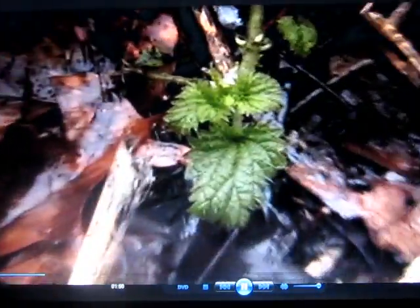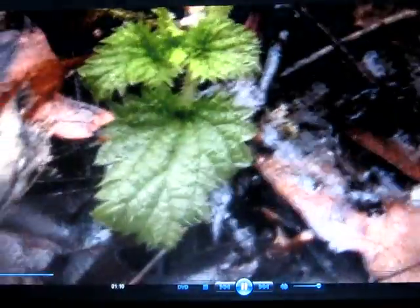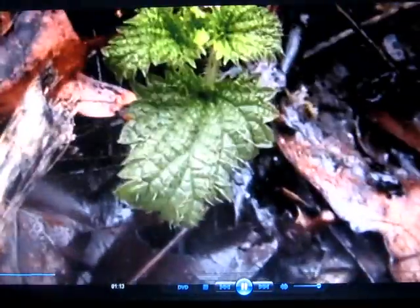And the roots are down in there, so I'm going to dig some of those up. And also, growing right next to it is some stinging nettle. Yeah, middle of February, there's stinging nettle growing right there. And that's a real good food too. I'm going to pick that and I'm going to eat it. It has to be cooked first, of course, but